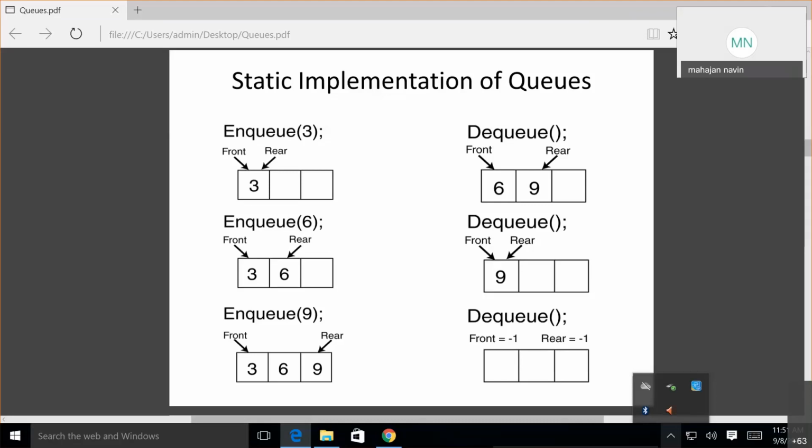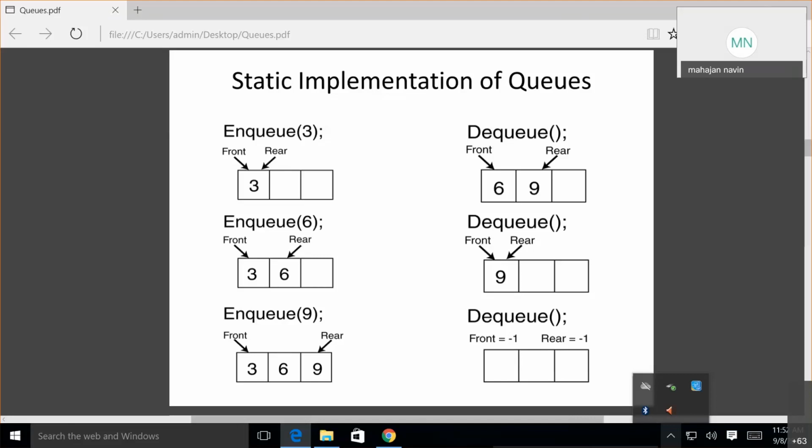What about dequeuing? Suppose I have only 6 and 9, 2 elements. Now how does this queue work? Suppose some people are standing here, 1, 2, 3. What happens if someone gets out of the queue? Then the next person will come here, isn't it? In real life, the next person will come. Now, what about here? Once you remove the first element, this should come here.